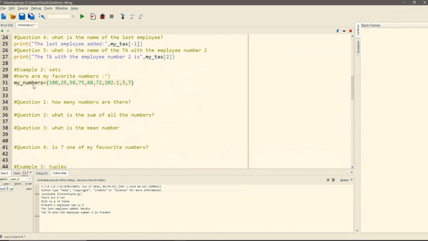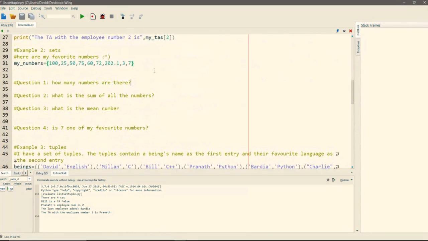And the reason why this is a set is because if I added another 7, it doesn't make a lot of sense. So the other 7 is going to get canceled out by the 7 already in the set. So there's only going to be one of each number in the set, no matter what, even if I add it in. So the reason it makes sense, especially for keeping track of my favorite numbers, is because I can only have one of each number as my favorite number at most. I can't have 100 twice in this set. So that's the logic on why a set might be useful for this.